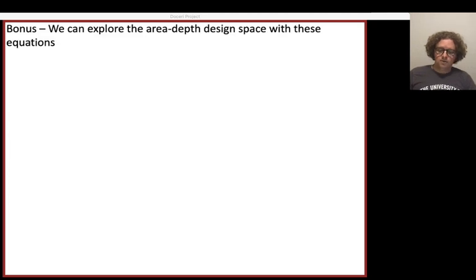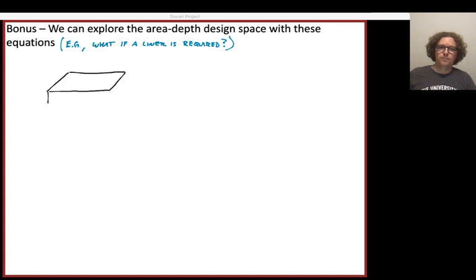All right, now finally we can make this a little bit more practical. If we know what we want in terms of an area, that still might not be enough to complete our design. So for example, if a liner might be required for our pond, then its actual geometry is going to matter too. So let's think about an idealized lagoon that has some dimensions of length L, width W, and depth H. And of course the top of it has a surface area of A. And so if this is like a box that's open on top,